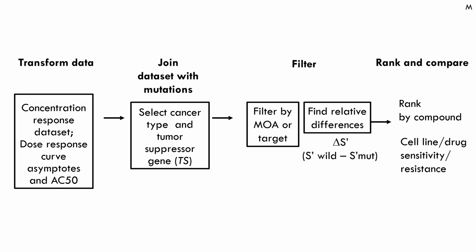So there's a joining of the data sets where we're looking at the response for a given cell line, but it is assumed that we can join in the mutation data for that cell line. Like we know that cell line does or does not have the RB1 knockout. Now we're basically at this point getting our delta S prime. We see that over here. We're finding the relative differences, but we can start to answer questions about